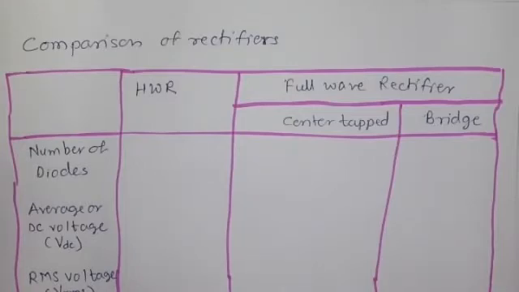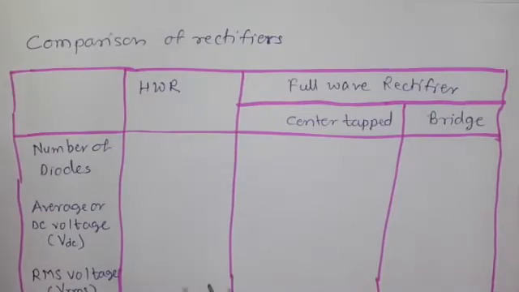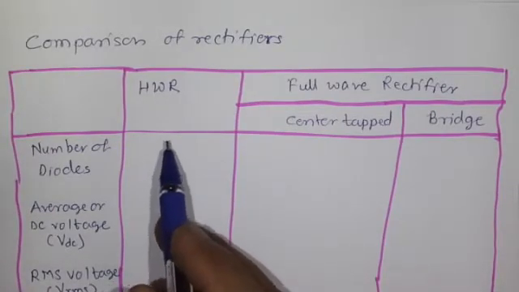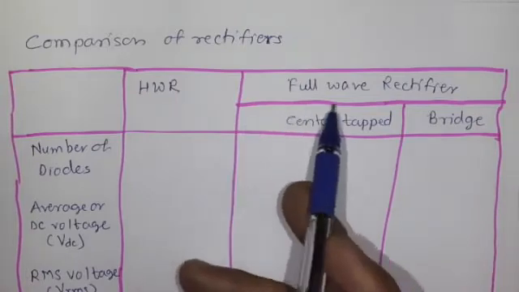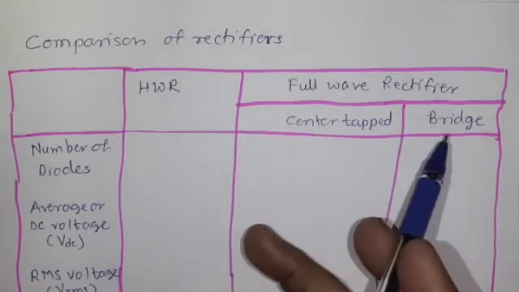So today we have seen the comparison between different types of rectifiers. What are the parameters that we have to study, which we studied in the last three lectures, that we have also seen within this lecture. Now, first, the different parameters for comparison should be written on this paper. We start with the half wave rectifier, the full wave rectifier with center tap, and the bridge rectifier.